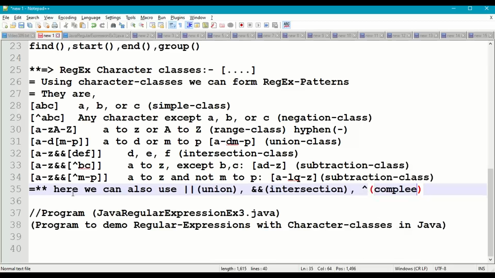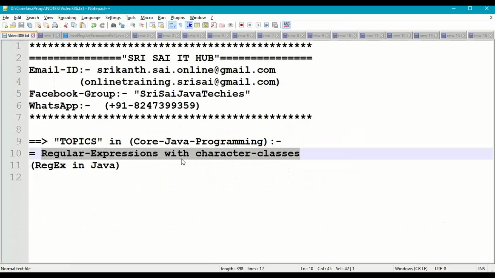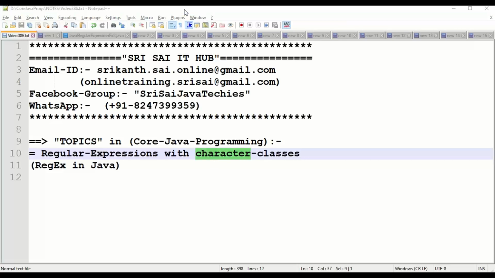It's like complement, not exactly complement. Right, so this is how we are supposed to work with regular expressions with character class in Java programming. So for this we have to use square brackets.